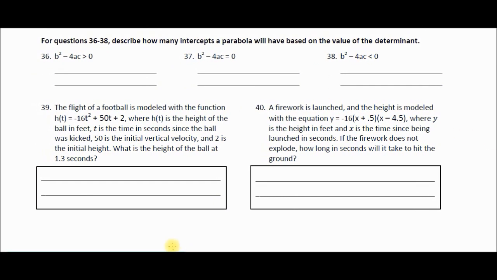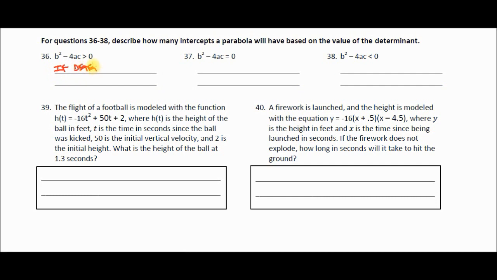All right, for questions 36 through 38, describe how many intercepts a parabola will have based on the value of the determinant. This is in your flip book under standard form, and we have talked about what the determinant tells you about the number of x-intercepts a parabola will have. So for question number 36, it's saying, what if the determinant is positive? And we know from your flip book and from experience that